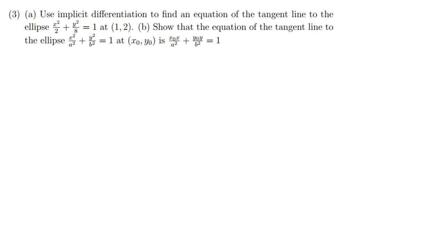Welcome to today's tutorial. In this tutorial we're going to be discussing how you can use implicit differentiation to find an equation of the tangent line to the ellipse, or to any circle, or to any curve in short. Alright, so the first thing that you need to understand is that